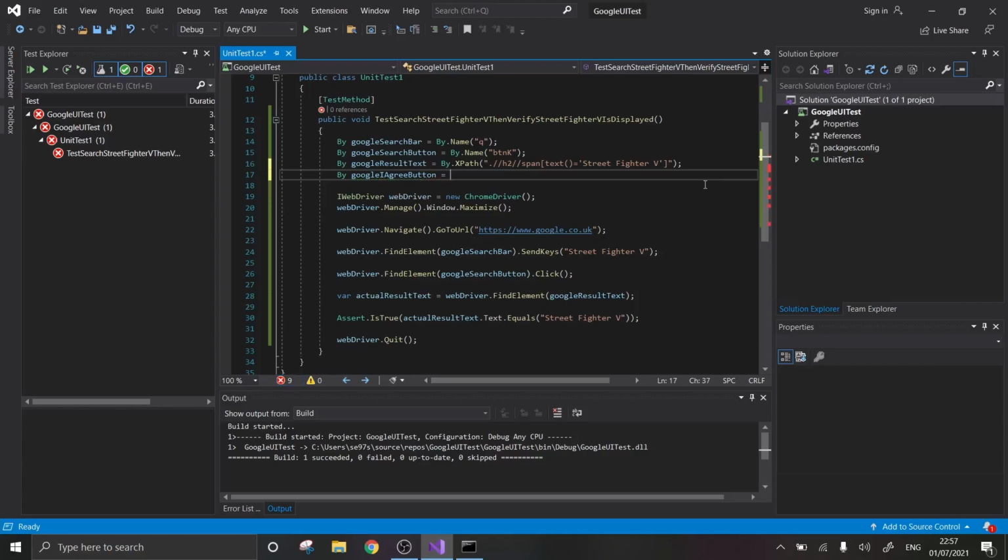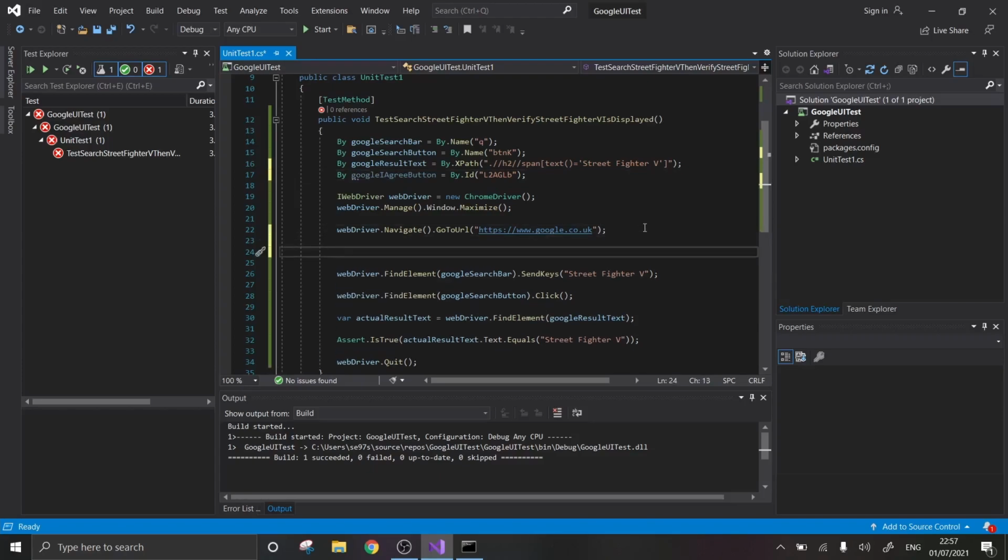And this one's easy because it's got an ID. So ID, and the name of it was this. Okay, so I believe that must have come up after we went to google.co.uk. So we must click on that after we enter the address. So let's have WebDriver dot